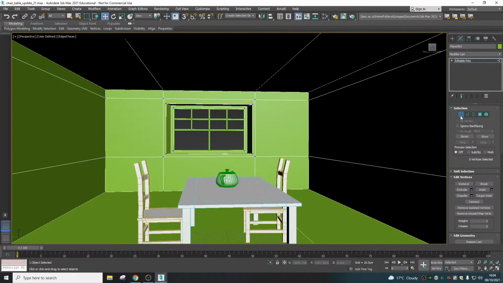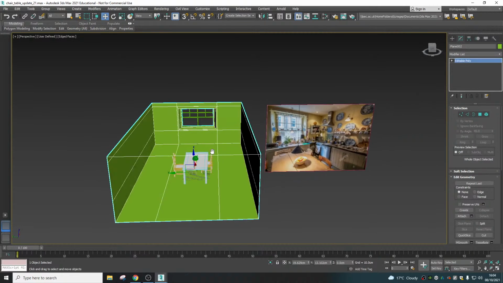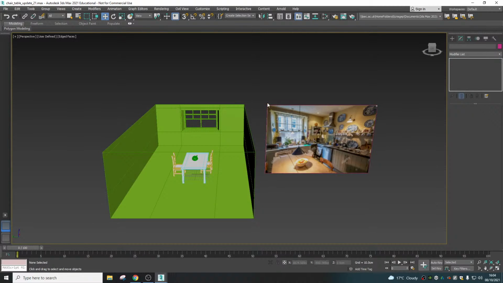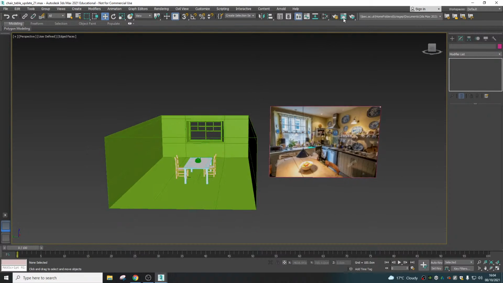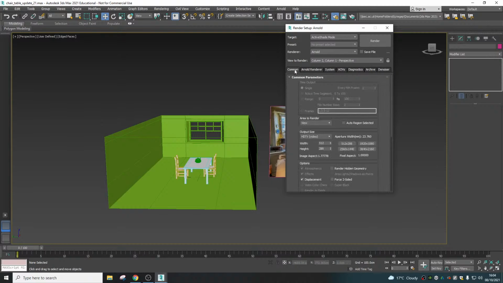Okay, cool. All right, so the next thing I wanted you guys to do is throw some Arnold lights in. The way we're gonna do this is we're gonna set up our render. We're gonna put active shade on, so make sure you change from production to active shade. And then it's gonna be on Arnold. Let's go to common. Our render window doesn't need to be big, so if you just change the width to 512 and 288, so 512 for the width, 288,